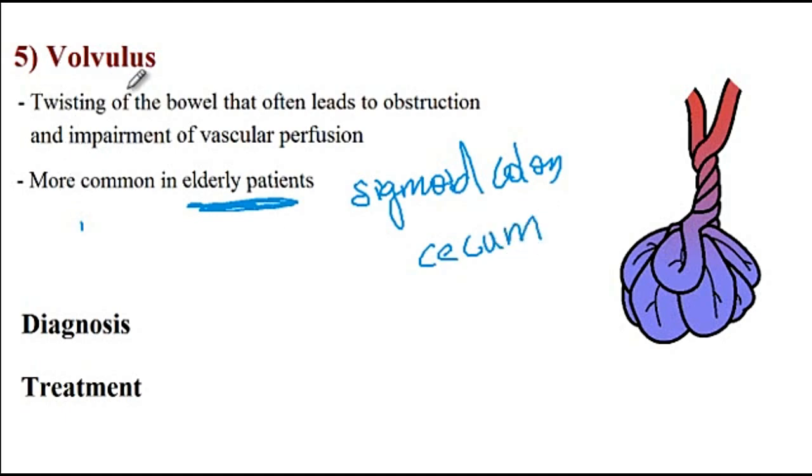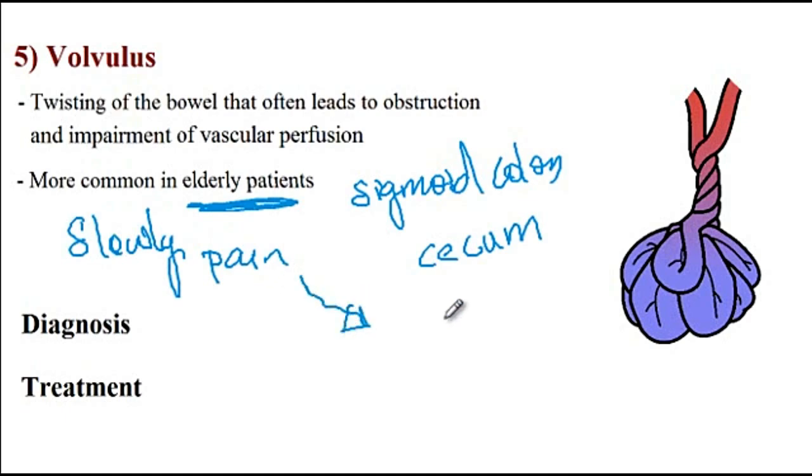And so the clinical presentation of volvulus is a slowly progressive abdominal pain that presents with nausea and distended abdomen. And then eventually, after several days, these patients start to vomit. As for the diagnosis, you can order a CT scan of the abdomen,